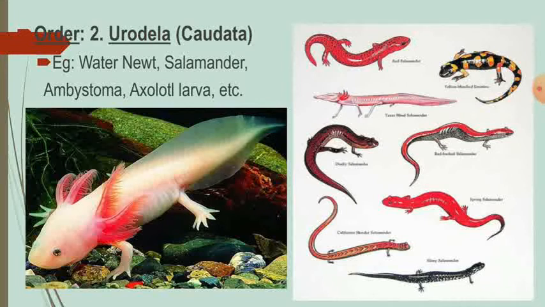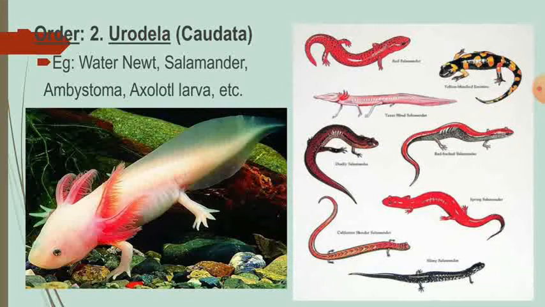So you can see in the other image, here the presence of a variety of Urodela. The body is divisible into head, trunk and tail. In these Urodela there is the presence of a tail, hence they are called tailed amphibians. These Urodela are found in the temperate and tropical parts of the northern hemisphere. So here are some of the examples.